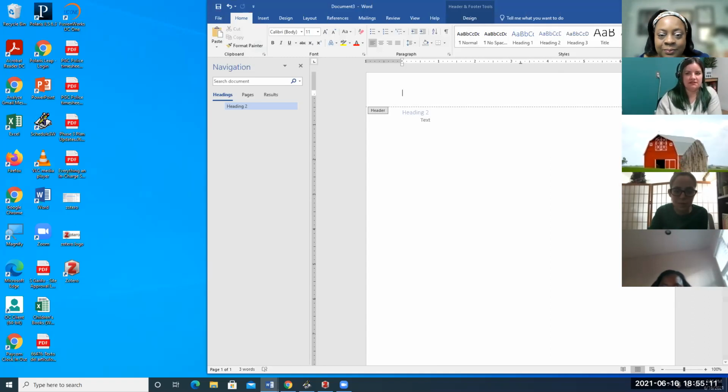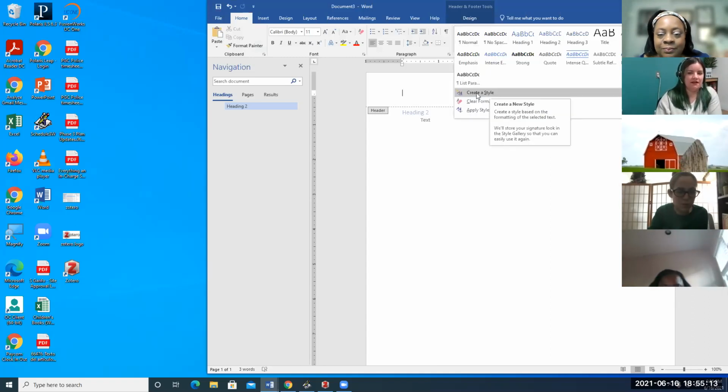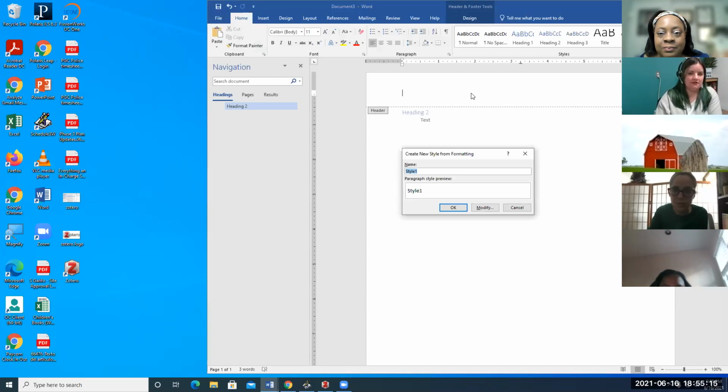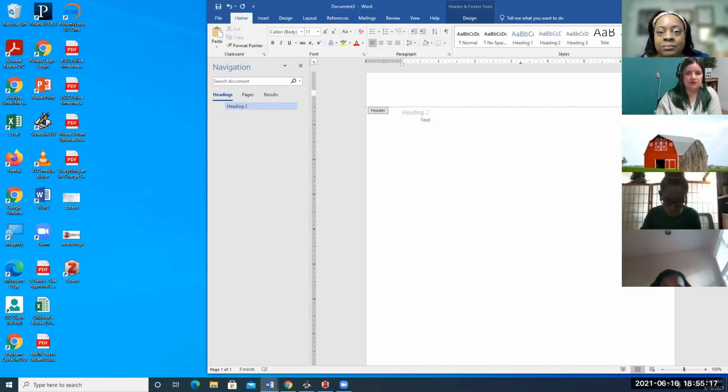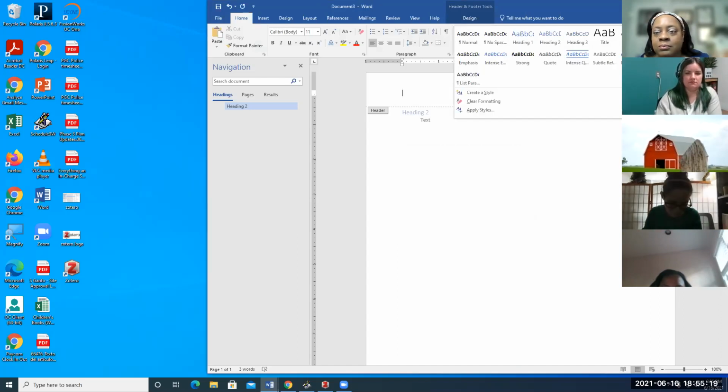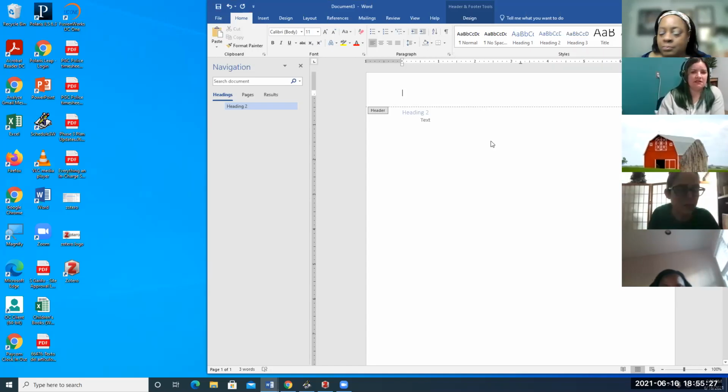Because under styles here, we would go to create a style. It does get a little, actually it wouldn't be here. It looks a little different. Again, I'll pull it up on my computer because I know the layout of my computer a little bit better. But you would go in and you would say, for example, you could call it APA heading 1, and you would say, based on